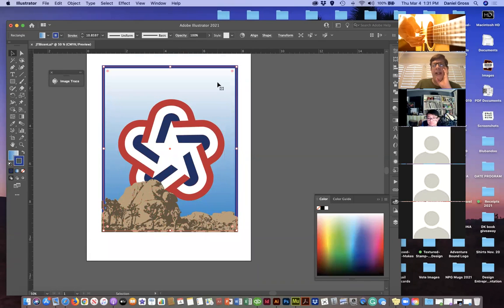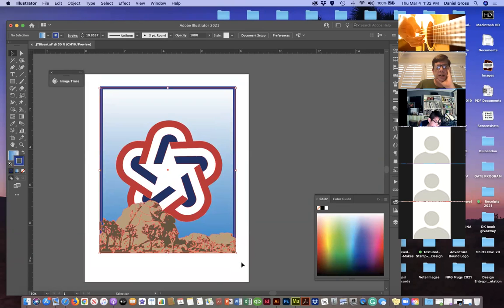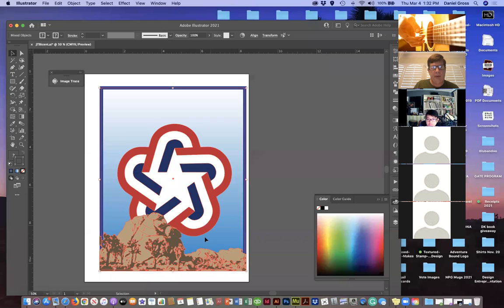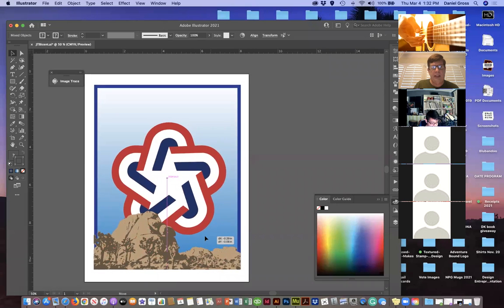So I'm going to go over a gradient, and I just added a border to it, just to make a poster, and we're going to work this whole thing up into a little piece of art. So first I'm going to give it a little bit of an enlargement. Just going to blow it up a little bit, make it fit a little bit better on my 8.5 by 11